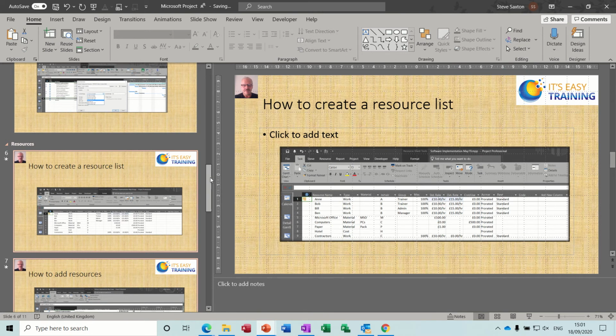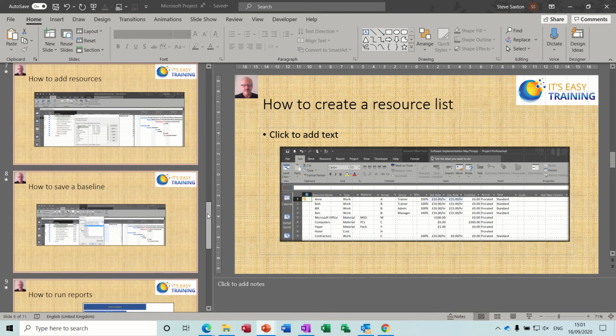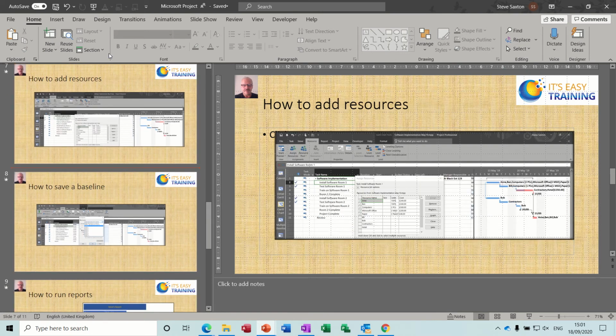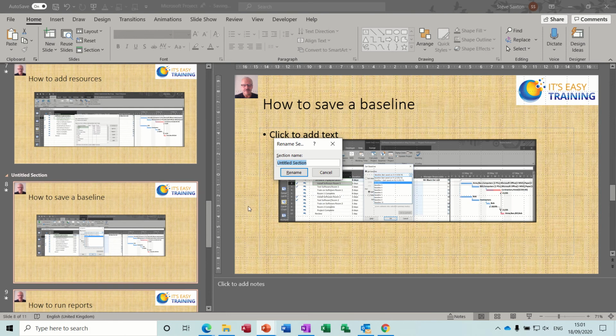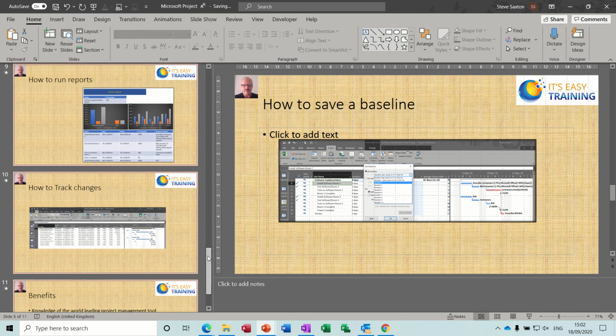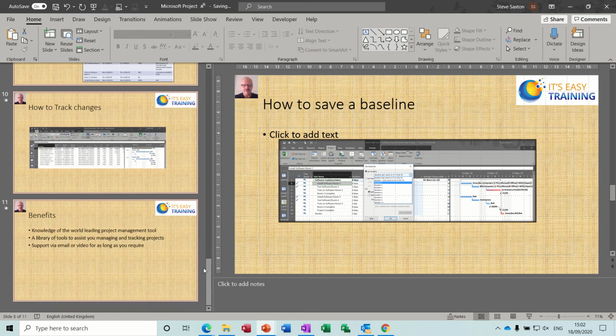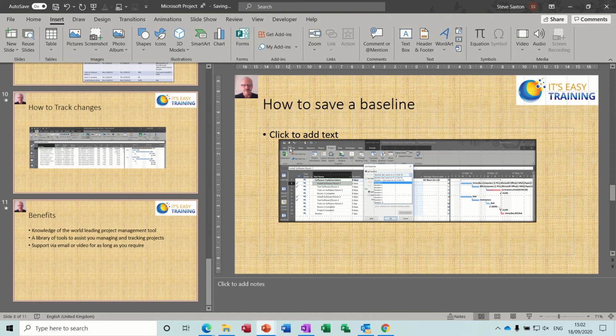and then coming down we've got another section there, baseline, add section, baselines, and I think that'll do. Got reports, track change, all baselines. So now what you do is you go to the Insert tab